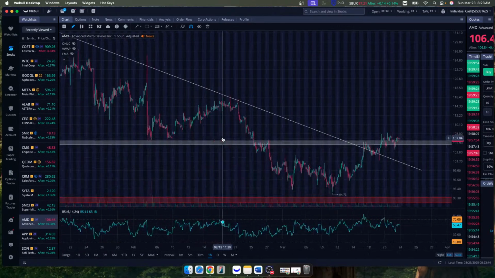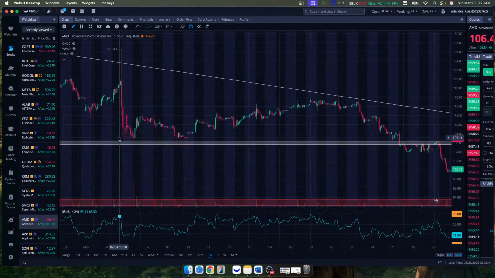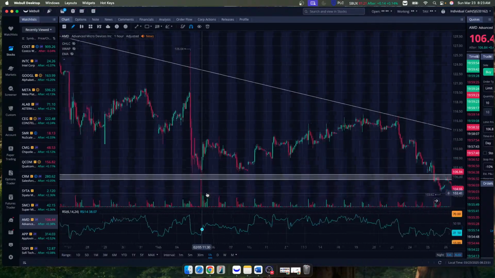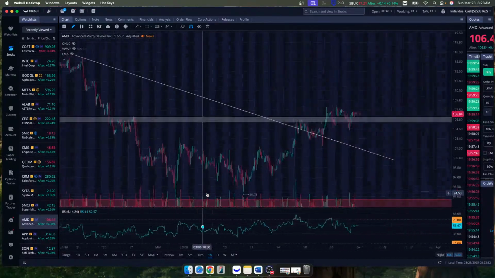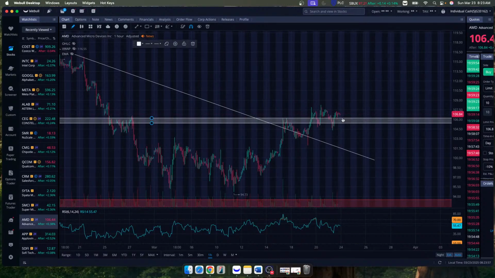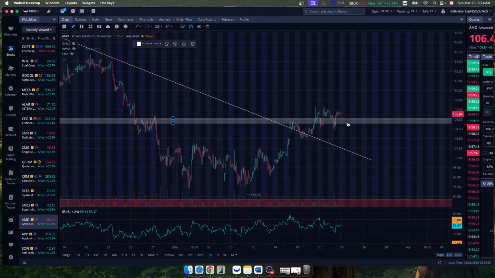If you want to go exactly points, this is where your support was, right at this level at 106.50. Moving over here, 106.50. It is now deciding, is it going to hold here? So just be very cautious. If it breaks this 106.50, it's hovering right over there. I would definitely be looking at that level right there, all right? So be cautious. It's got to hold 106. If it doesn't, you're going to see more downside.